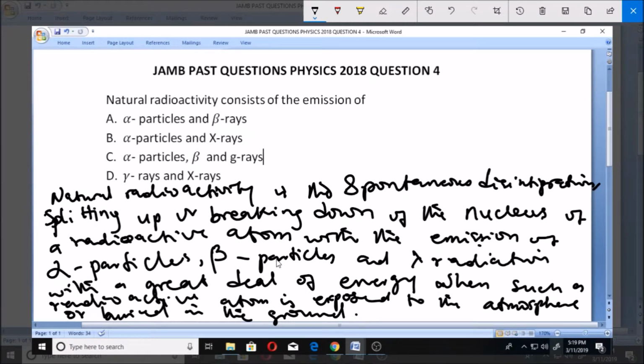So that is what natural radioactivity is. The spontaneous disintegration, that's the breakdown of radioactive atoms like radium and like uranium and all the rest of them,